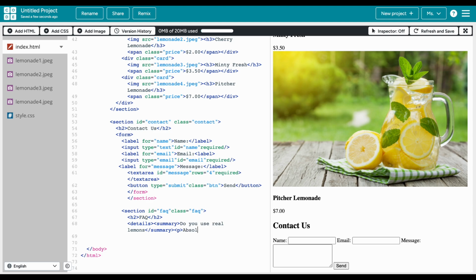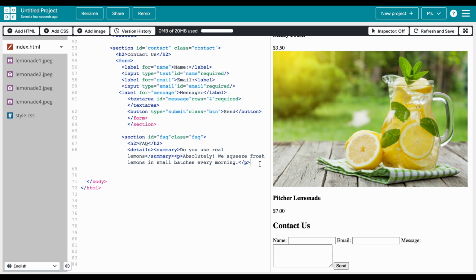So we'll do a paragraph. Absolutely! We squeeze fresh lemons in small batches every morning. End the paragraph. And now we can end the details as well. End details. Okay, and now we can just copy the same format for, oh, I forgot the question mark, but